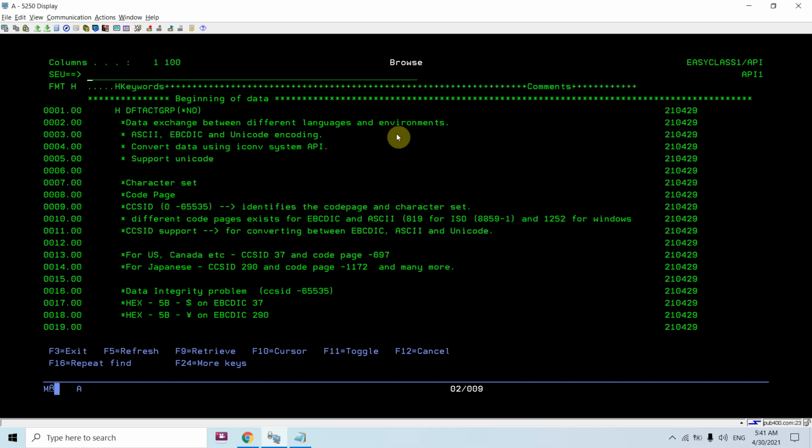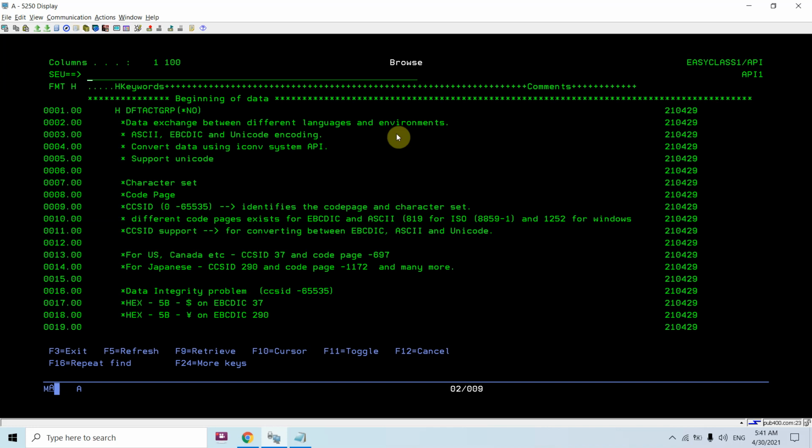So whenever you are transferring data from EBCDIC to ASCII, basically from IBM i to Windows, the data gets replaced or substituted with some other character, so you are not seeing what you sent from the IBM i, because the hex values are different in both cases.